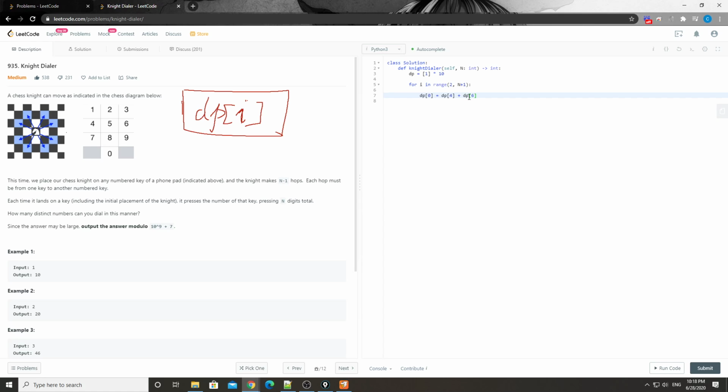But since we are using the same DP to store all the information, we need to make a copy. So old DP, we will need a dp.copy, that can give us a deep copy of the old DP, so we will not affect the current value here. So DP 0 equals to